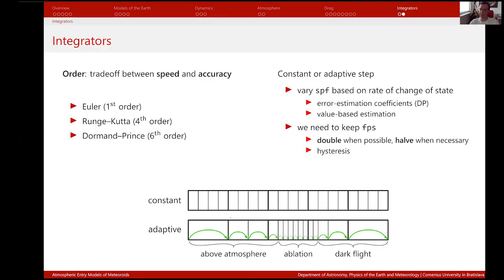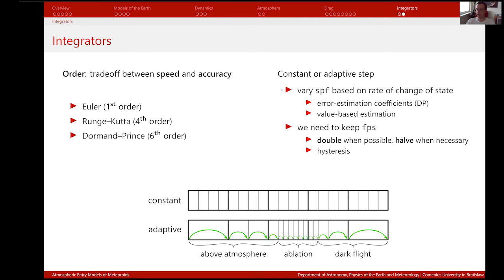The last thing to choose is an integrator. I've been experimenting with symplectic integrators, however, here it's not much of a point. We have to just make a trade-off between speed and accuracy of an integrator. So you have the Euler, the classical one, the Runge-Kutta methods, and Dormand-Prince. The more interesting thing here is that I need to match the frame rate of our AMOS cameras. So I need to produce a frame every constant number of milliseconds. So I cannot use an adaptive integrator.